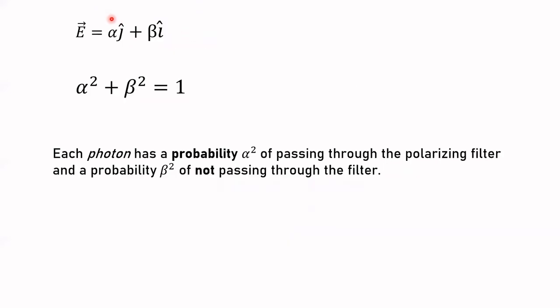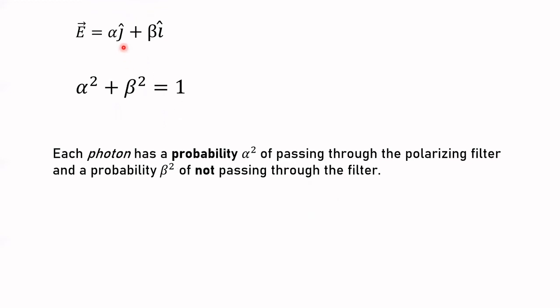And now, instead of going with the cosine of theta and the sine of theta, I'd like to just call those components alpha and beta. And the requirement is that the sum of the squares be equal to 1, just like cosine squared plus sine squared equals 1. Because what we're going to say is, in complete analogy with the example we just looked at,